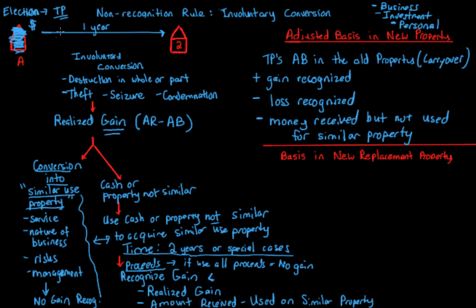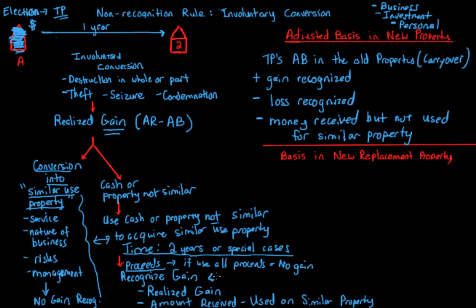The adjusted basis was $350. The amount of the proceeds received was $450. So that was a $100,000 realized gain. The building or house that was similar use property was purchased for $400. So $50,000 was used. So that means if we go down our analysis, we go all the way down here,